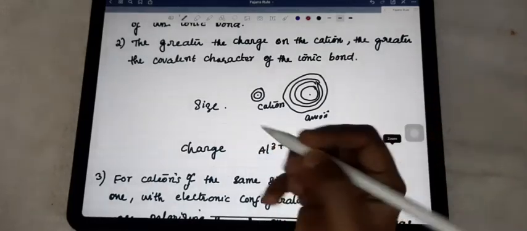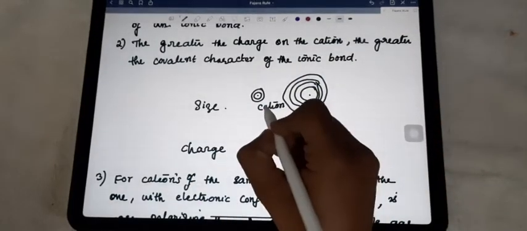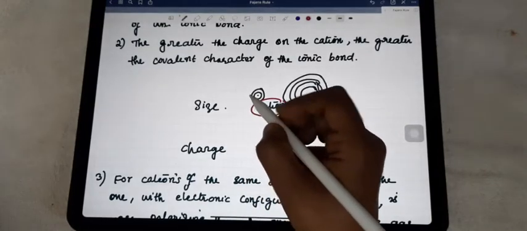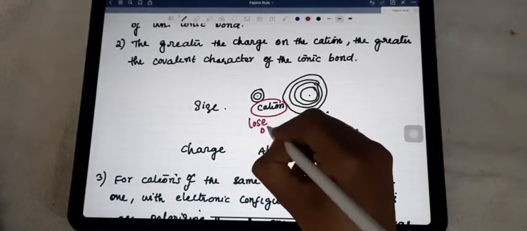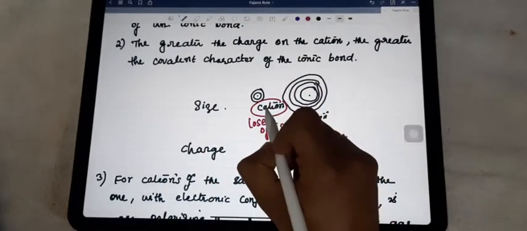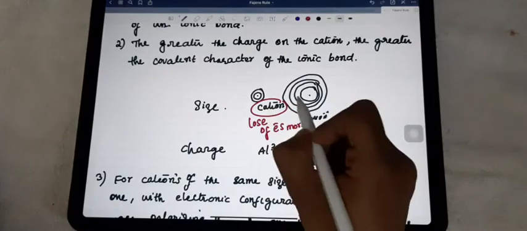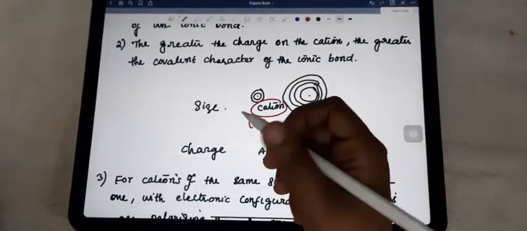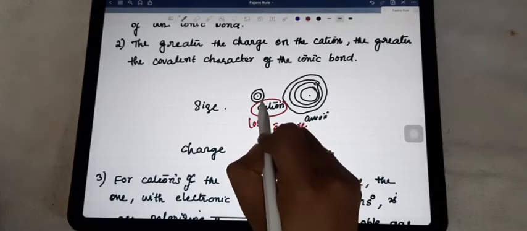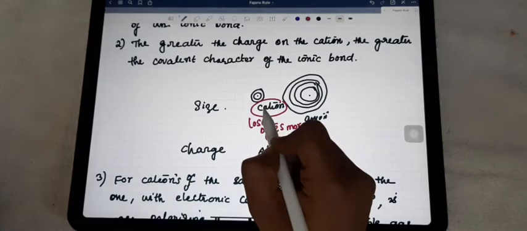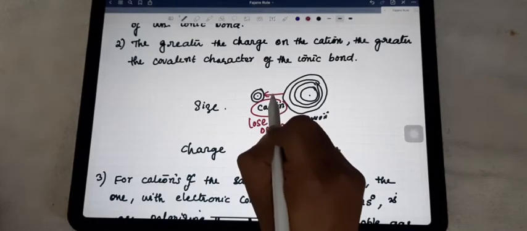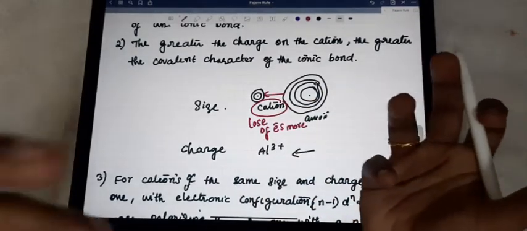It's a very easy thing. When the charge increases for the cation, just imagine this is the cation, charge increases means what happens? That means the loss of electrons is more. So there is more shortage of electrons in the case of this cation. It always prefers to get more electrons from others because it loses some electrons. Because of this shortage or loss of electrons, the greater charge is developed. So it automatically creates the pulling of electrons from the anion. Whether the anion size is more or less, that doesn't matter.